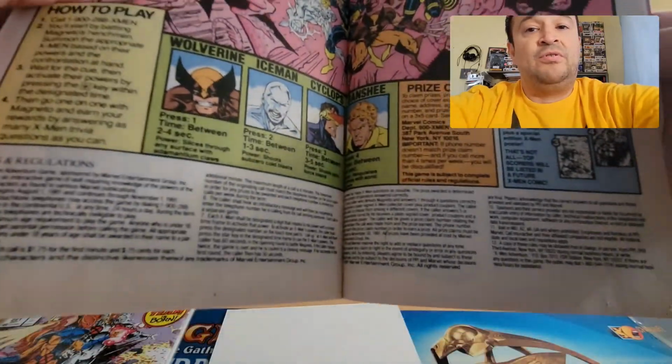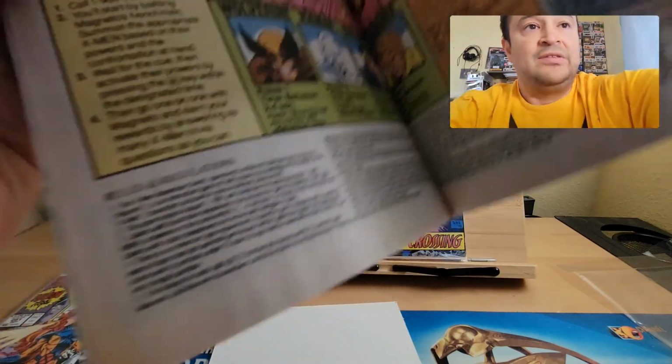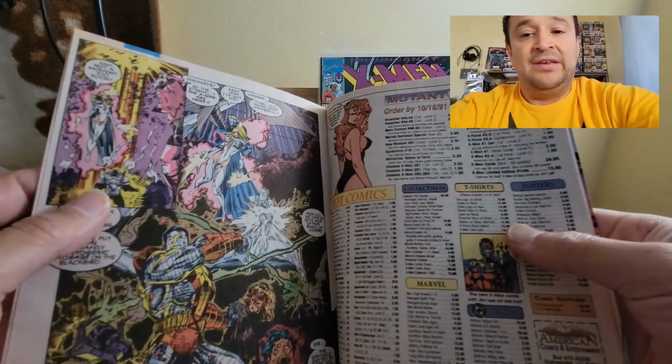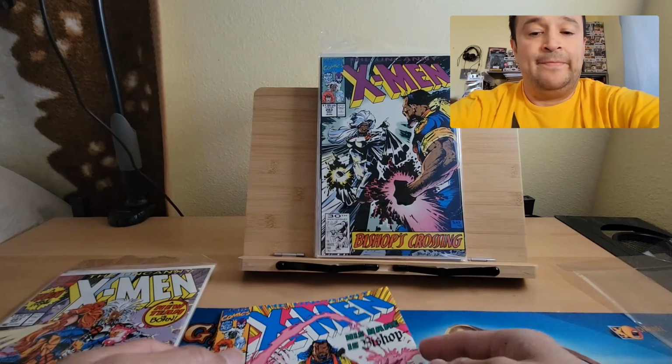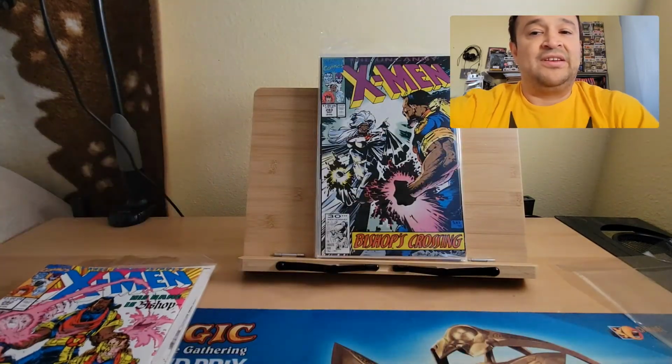You know, but overall, a little bit of browning right there. So that's why I think this book is going to be at least a 9. And so when you're buying raw books, don't ever take the